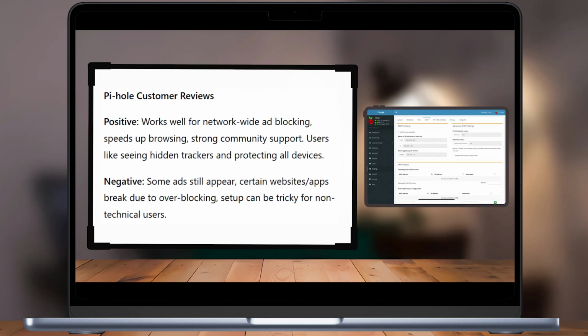Here we will see its customer reviews. Pihole works well for network-wide ad blocking, speeds up browsing, and has strong community support. Users appreciate being able to see hidden trackers and protect all devices on their network. However, some ads may still appear, certain websites or apps can break due to overblocking, and setup can be tricky